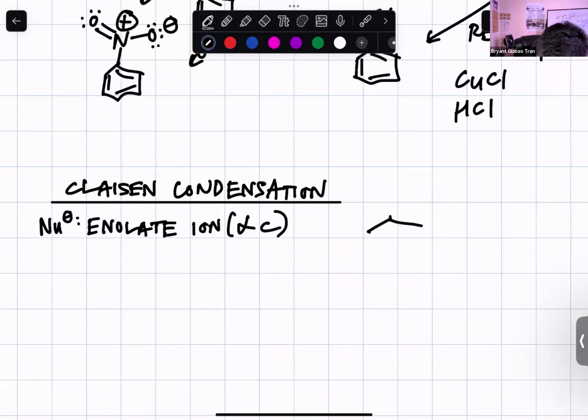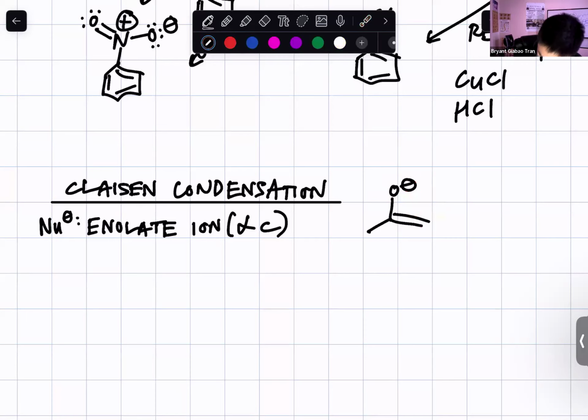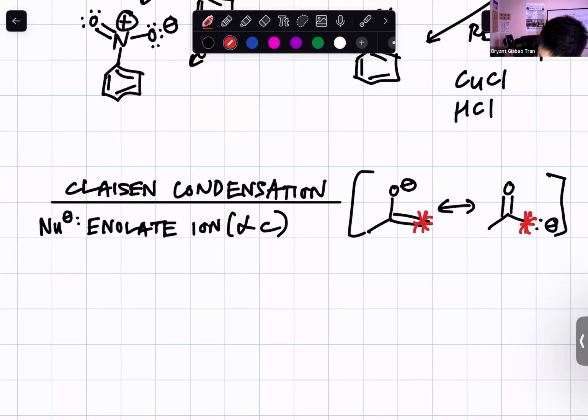So for example, if I have this enolate ion here, we know that the negative charge on the oxygen is not the nucleophile, because when we do resonance, pushing the double bond, the negative charge makes a double bond between the carbon and oxygen, which pushes this double bond to make a negative charge on that carbon right there. The negative charge on the carbon is less stable, making it more reactive. So the nucleophile here would actually be this alpha carbon right here